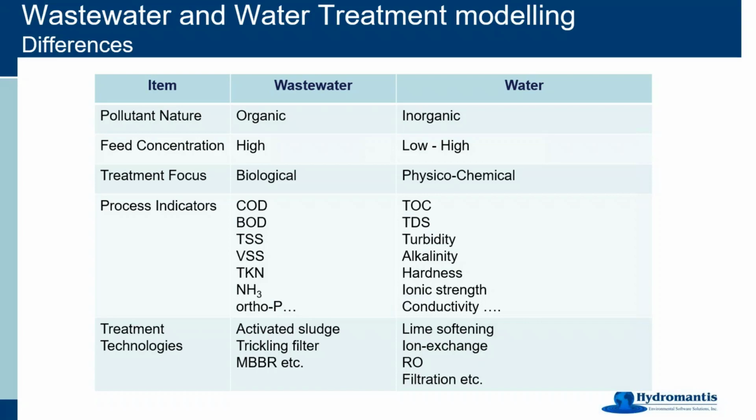So there are a lot of physical processes we encounter in water treatment systems. And at the same time, there are a lot of chemicals being used to remove the pollutants. Our main focus as water engineers typically relates to process indicators like TOC, total dissolved solids (TDS), turbidity, alkalinity, hardness, ionic strength, conductivity, and these are variables which are not really as important